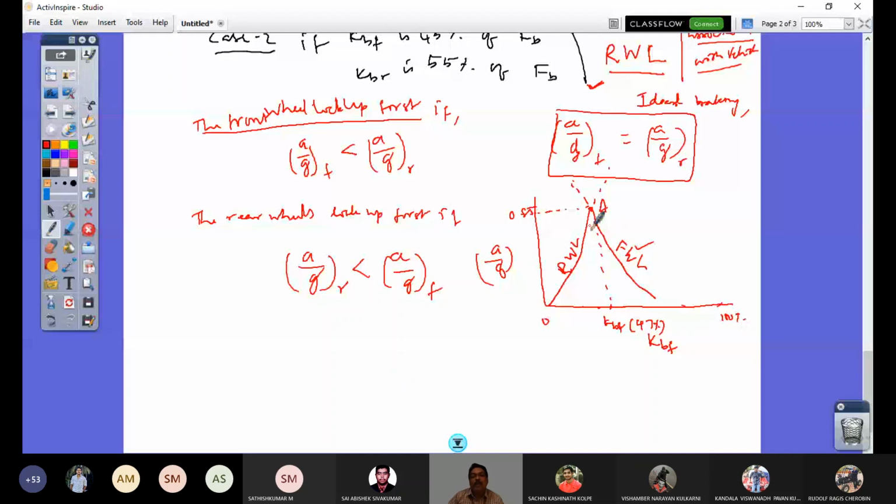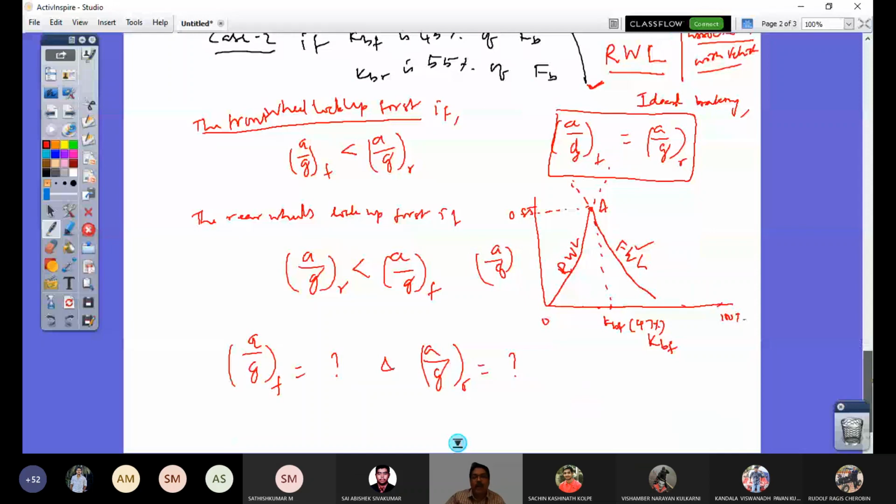So you are going to have an expression of A by G F and A by G R. Those expressions, if you plot as a function of KBF, you can do that in an Excel sheet for any chosen vehicle, or for your digital assignment, you have your vehicle. So you have all this data. So consider the assumption of your road condition, and for the given road condition, you can find out whether your chosen vehicle will lock up the front wheel or rear wheel first. So your answer is correct. That answer requires a quantitative analysis, and that we will do in the next class.